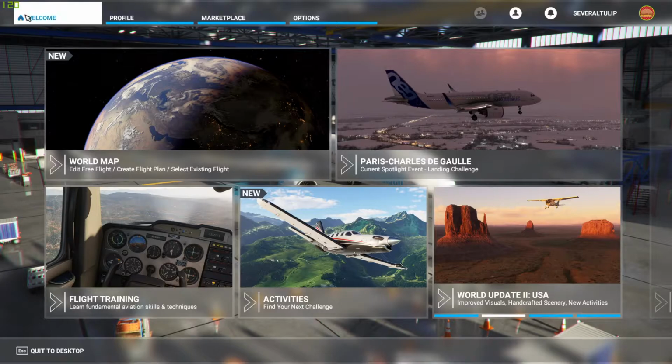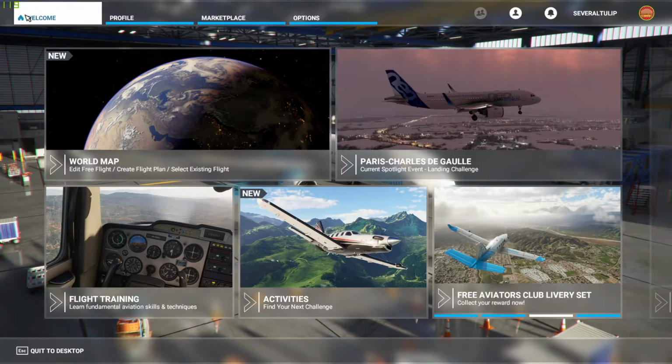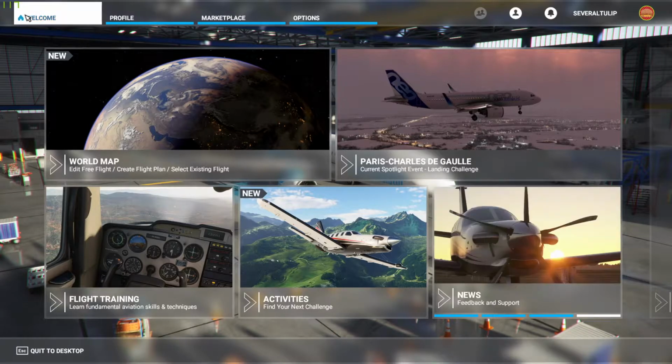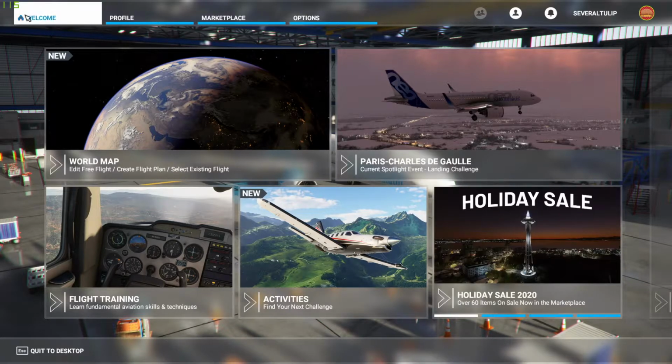It will create the amount of packs, cargo, and those kinds of parameters, which you can then download to Microsoft Flight Simulator, and it